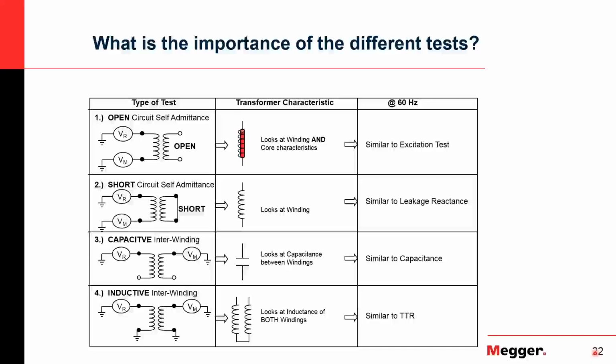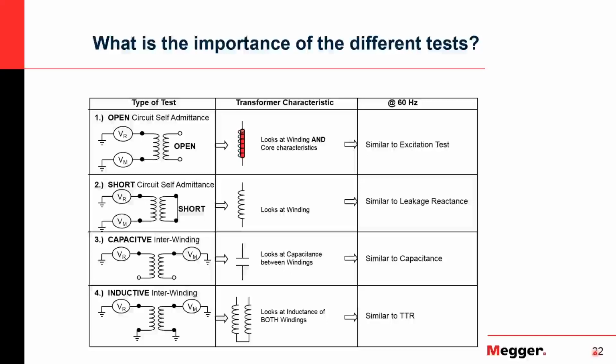And then the next one, of course, is your capacitive inner winding, where once again we're energizing one side of a winding on the primary, and then we're measuring that corresponding phase in that part of the winding on the secondary. This is looking at the capacitance between the windings, so it's your capacitance test, your typical power factor insulation test. But once again, we're not really stressing anything here. We're not putting a high voltage on at one frequency or a narrow band of frequency. We're going at a very low voltage, but over a wide range of frequency, from 20 hertz